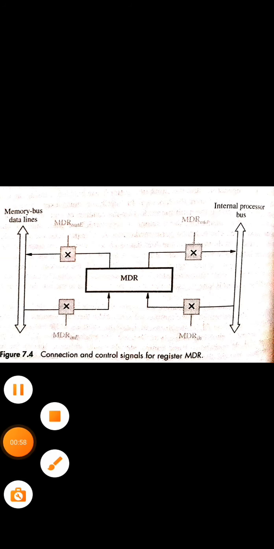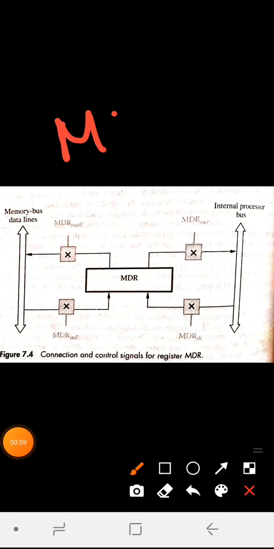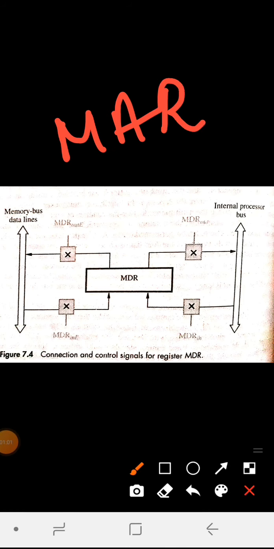The processor will transfer this required address to the MAR, nothing but the memory address register, whose output is connected to the address lines of the memory bus. At the same time, the processor will use the control lines of the memory bus to indicate that a read operation is required.